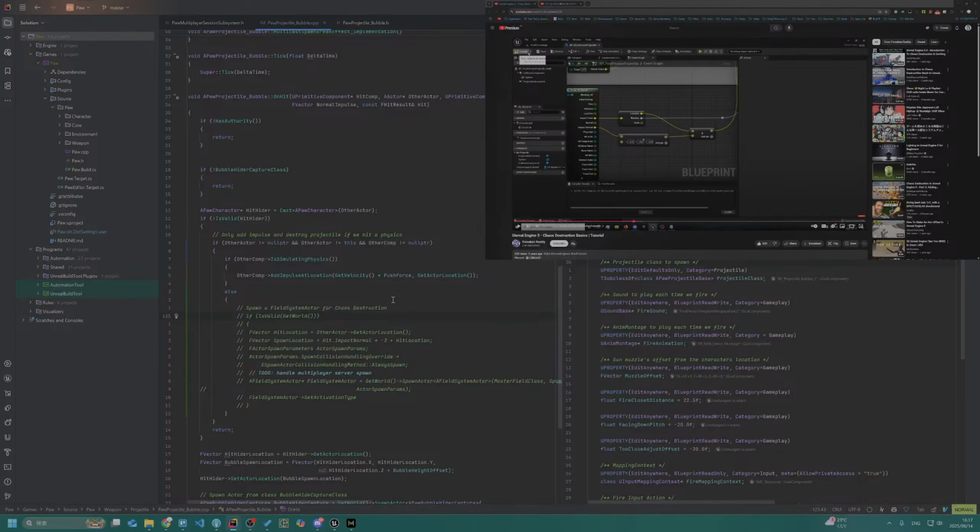I don't need to spawn it here. So what I only need to do is to trigger an event or delegate of the blueprint native one. Native event. Blueprint native event, I think so.